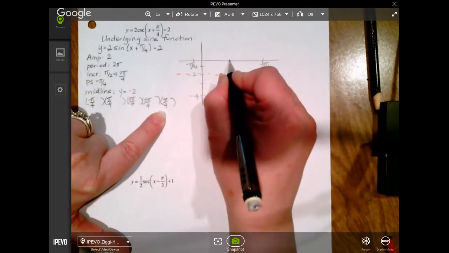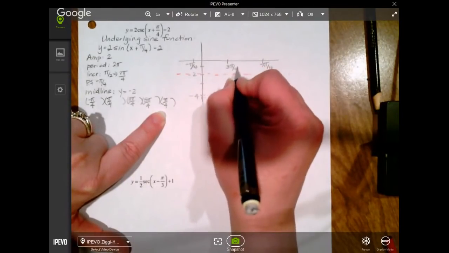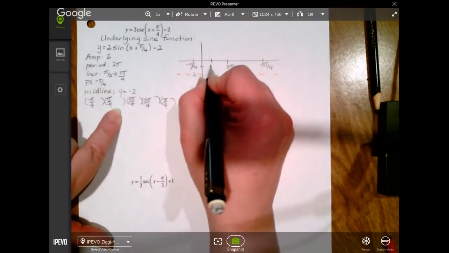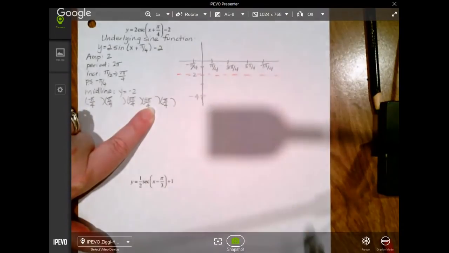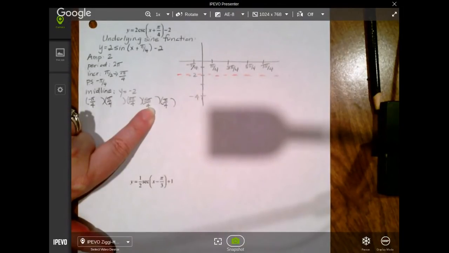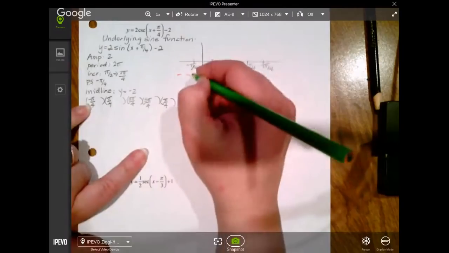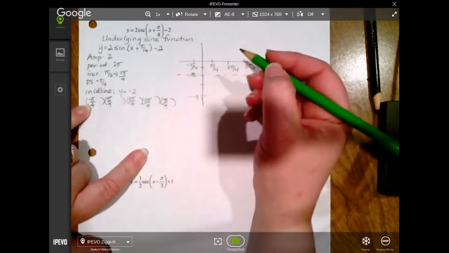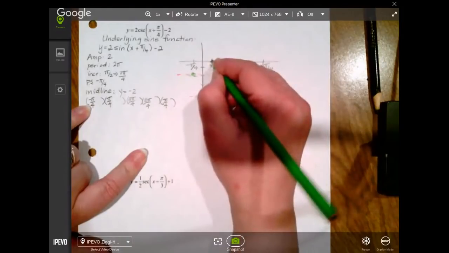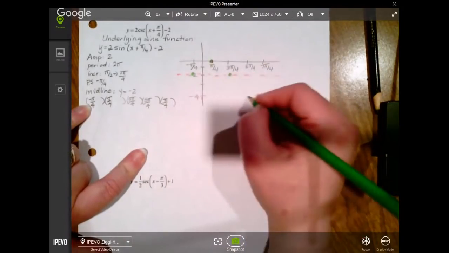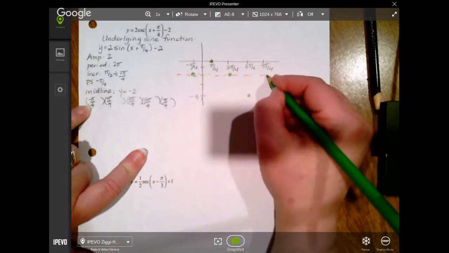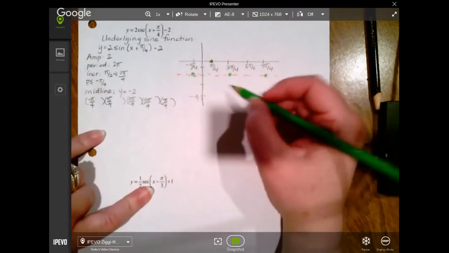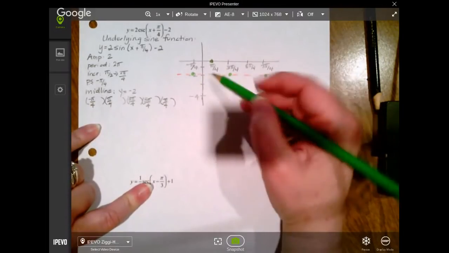Halfway between is going to be about there, 3 pi over 4. Halfway between is going to be at pi over 4. And then halfway between here is 5 pi over 4. And I'm going to use green. This is a sine curve underlying, so we're going to start on the midline at my phase shift, which is going to be at negative pi over 4, start on the midline, and then we're going to go up because it's positive to the next point, and then back to the midline, down to, not very symmetrical, but you get the point. All right, now this is the underlying sine curve, so this is not the actual cosecant graph,